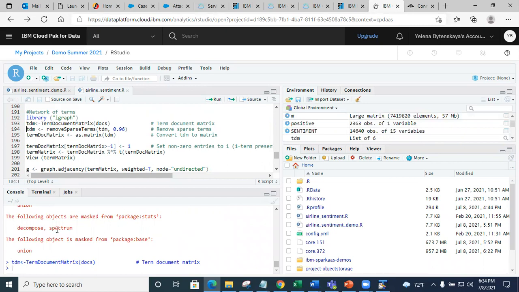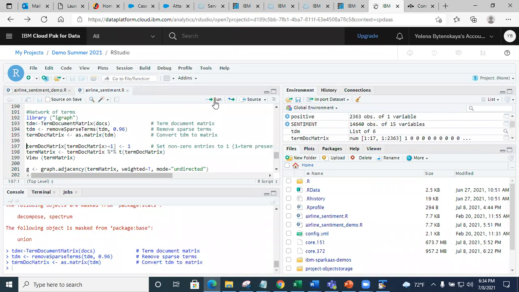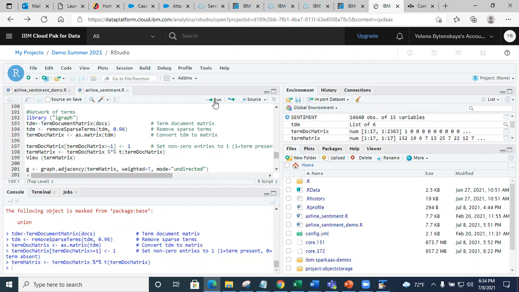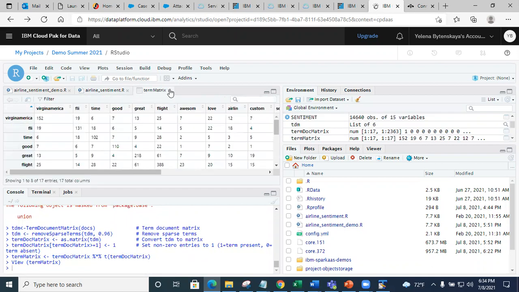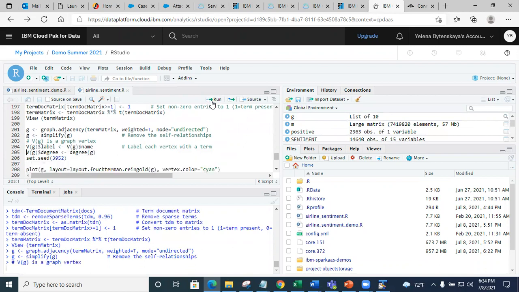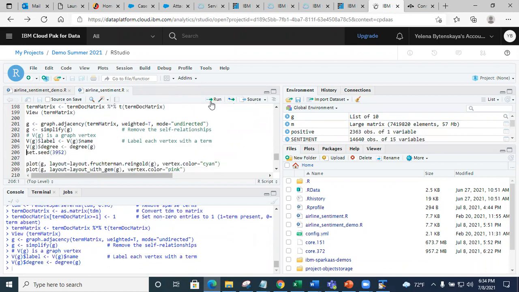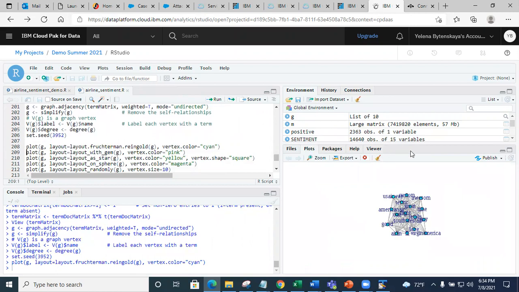Notice that some of these messages are not errors, that's just informative. So this is an adjacency matrix. Let's close this one. Here I'm just building the graph, but you might be wondering how to interpret these things. So this is a network of terms.